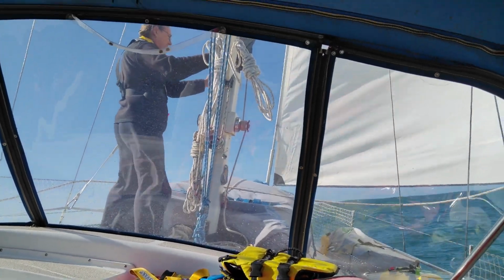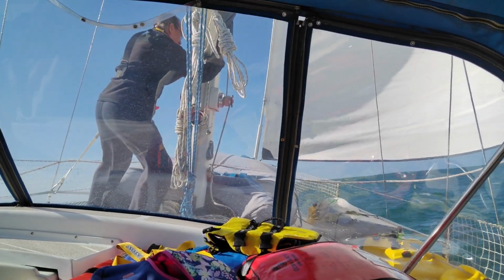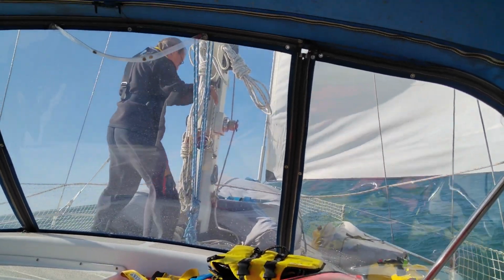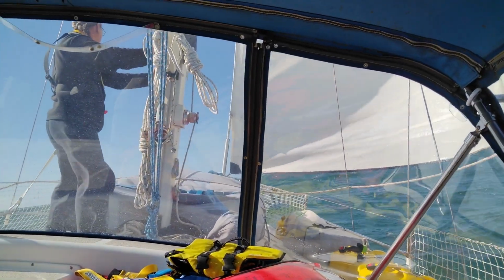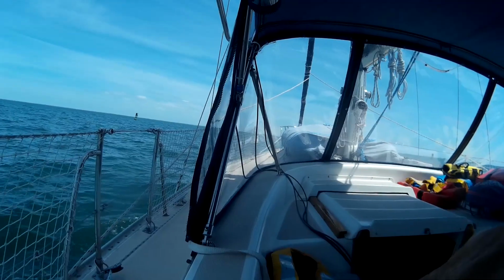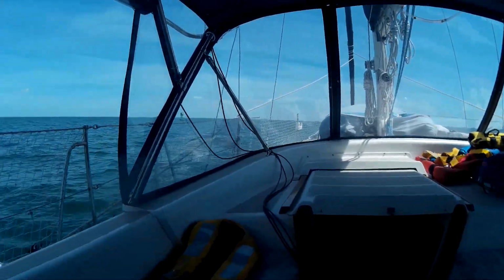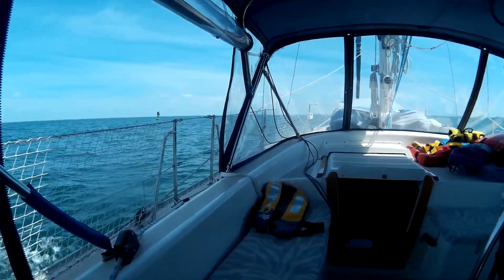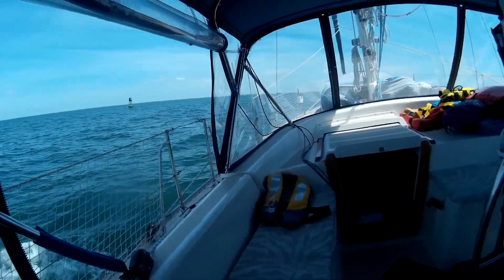Out on the deck, adjusting the topping lift, and the seas got a little rollier and the wind picked up a bit. Again, we started out sailing great, and suddenly the wind changed and was hitting us pretty much head on. Not quite, but close. 24 mile an hour winds, probably sustained like 19 to 20 mile an hour winds. And it wasn't too rough, it was nice. But we ended up having to motor sail,